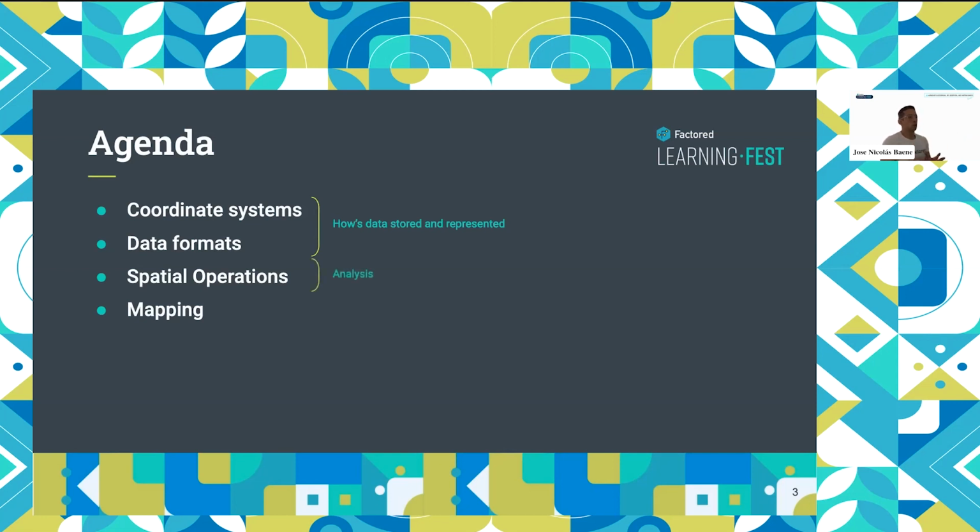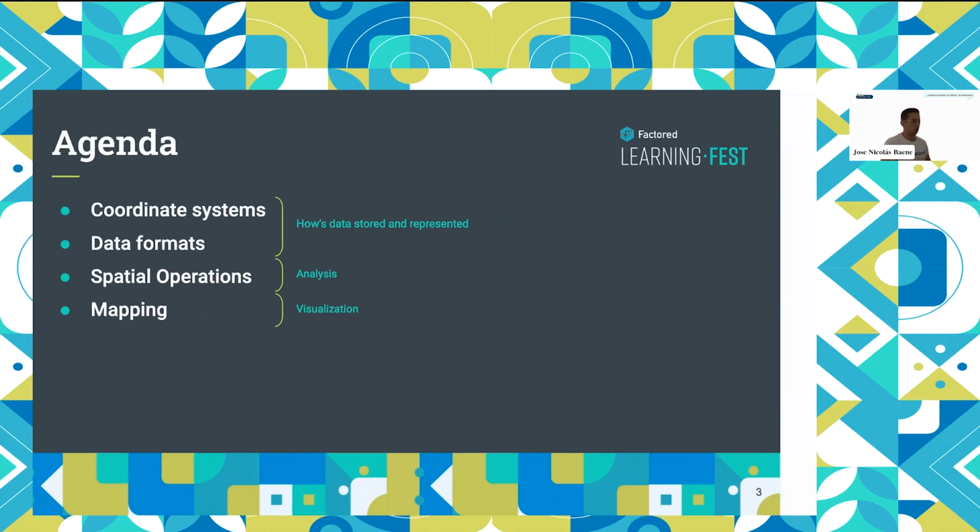Then you will move forward to analysis, and this is when spatial operations come handy. Sometimes it's also for data formatting, but especially in analysis, you will use a lot of spatial operations. And then the visualizations using mapping, cartography, which is very fun, is the last part when you produce a beautiful map and you show it to an audience. So I want you to bear in mind this kind of storytelling.